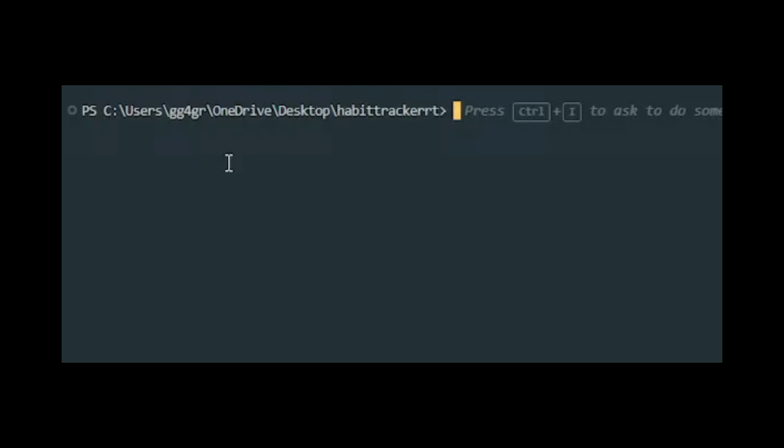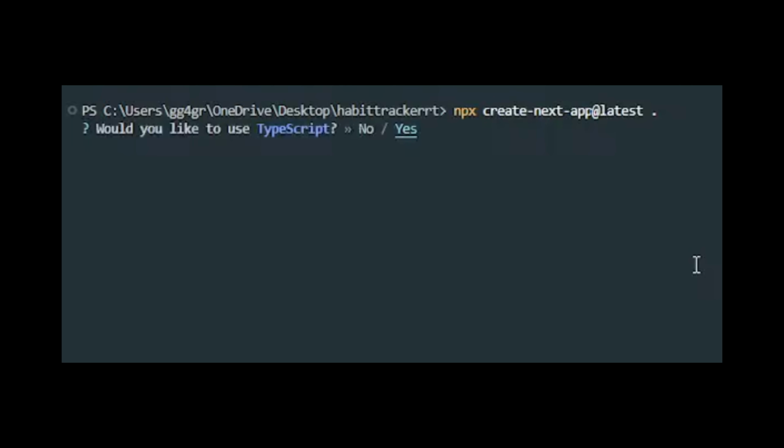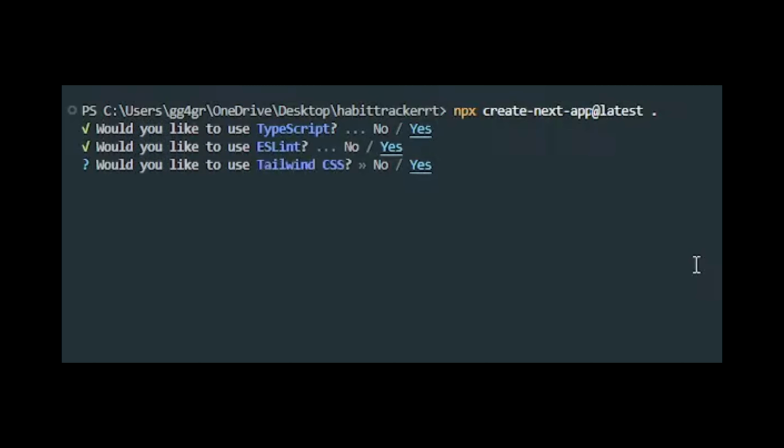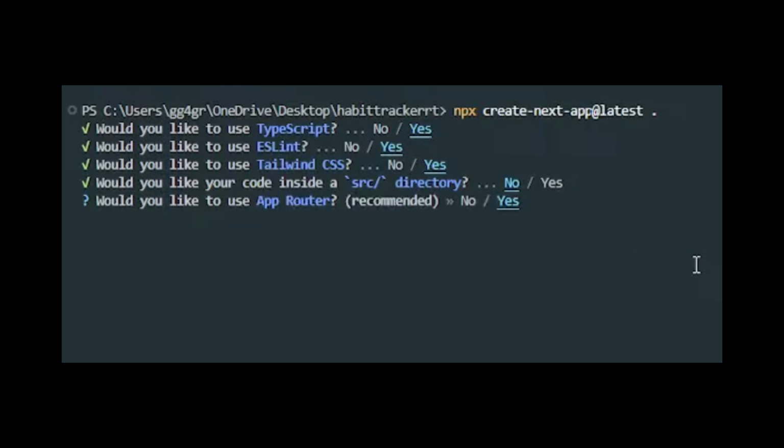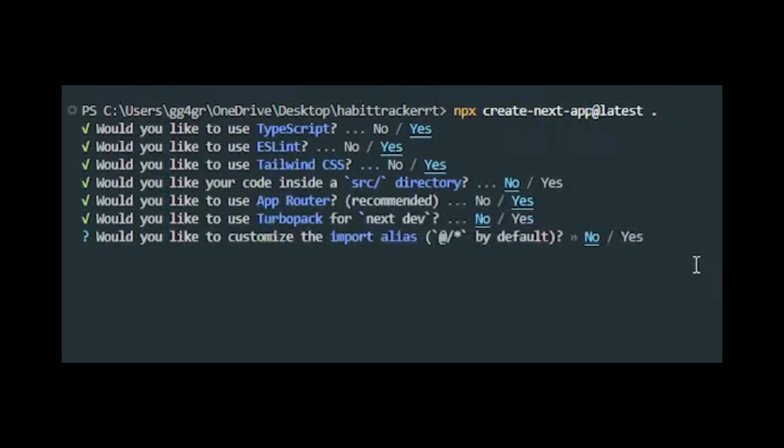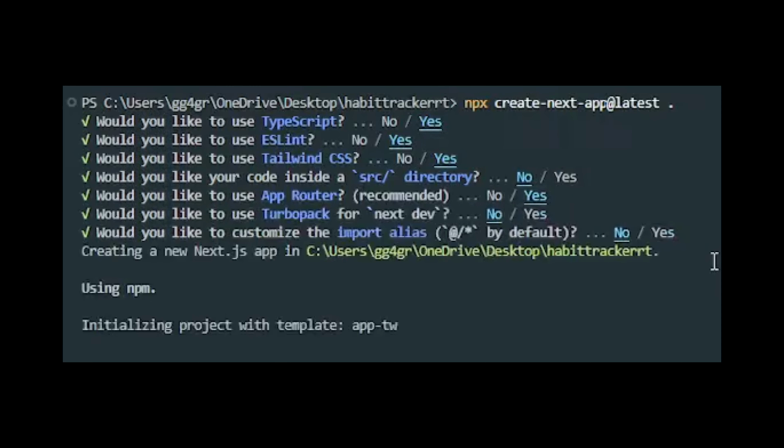And I'm going to install the latest version of Next. We'll say npx create-next-app@latest, space, then dot to install it in the current directory. For the project, we'll say yes to TypeScript, yes to ESLint, yes to Tailwind, no to the src directory, yes to the app router, no to Turbopack, no to the import alias, and we'll give it a few minutes